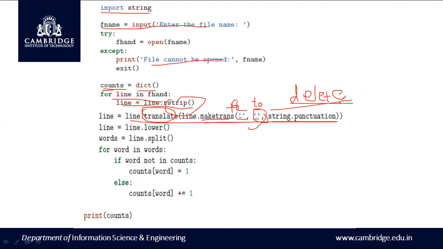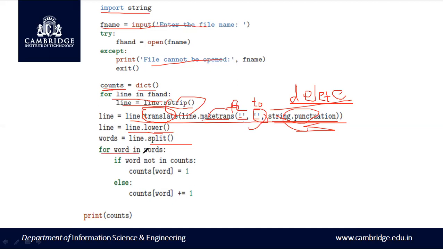And this delete string, what it does is, it deletes all the punctuation marks. So that is why we are using this string.punctuation. So when you type string.punctuation, you can see all the punctuation marks being displayed. So whatever punctuation mark appears in the paragraph will be deleted. So that is what the use of this maketrans is. Okay, so line.lower converts all the uppercase letters to lowercase letters. Split checks for the spaces and separates the line, that is the sentence, into words, divides the sentence into words.